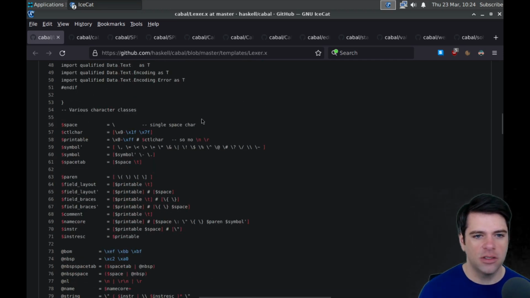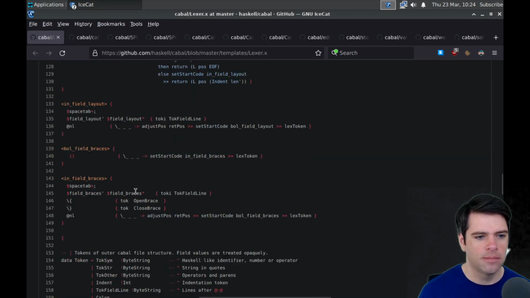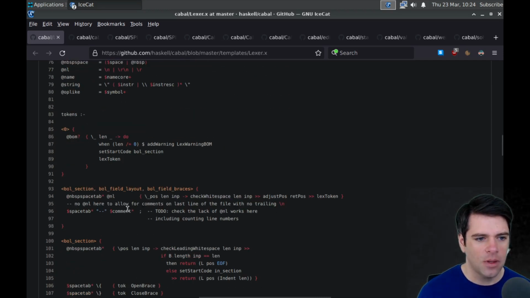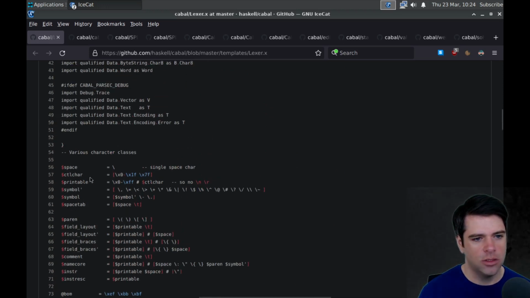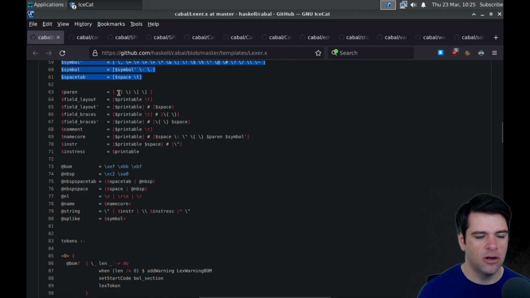And so here's the Lexer. I guess we don't get beautiful syntax highlighting as much because of the .x extension, or maybe we do. We get some. And it looks like defining up a grammar. I think the space, I guess, looks like this. I don't know why it's a slash. Control characters, symbols, field braces are like escape. Parentheses are escaped, either round brackets or square brackets.